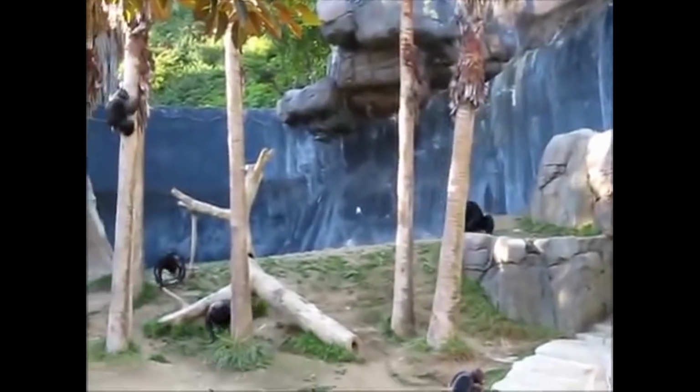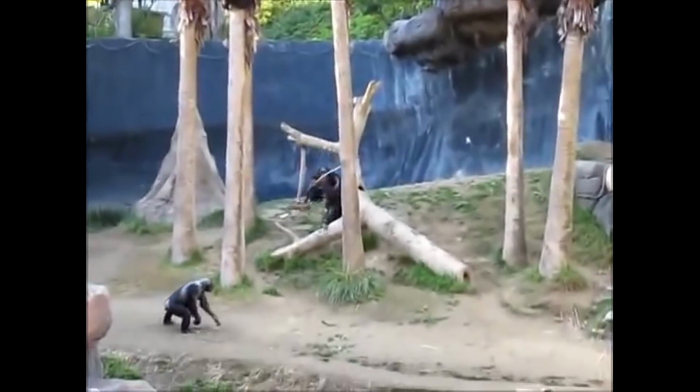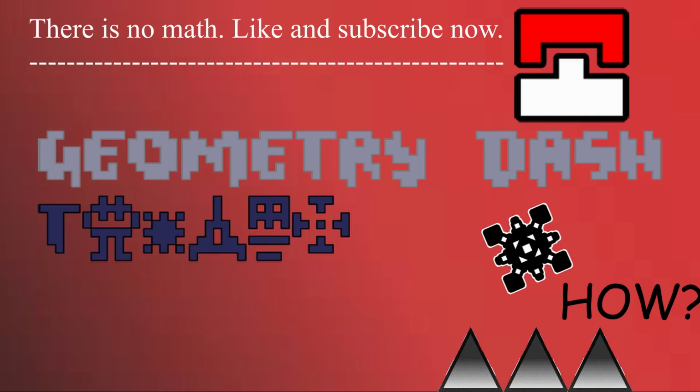The truth is, in a world where we represent humans, and Humphrey represents starving humans, you can truly see where the real message of this level lies. Humphrey is humanity, and humanity is chimps. But that's just a theory. A Geometry Dash theory. Thanks for